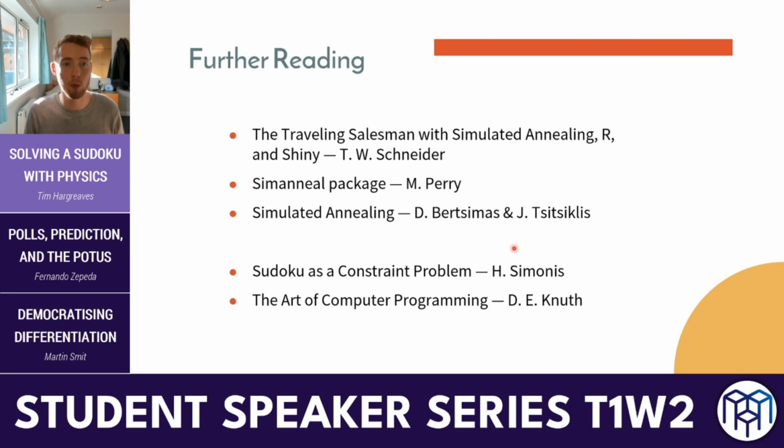Okay, so I will close off with some further reading you can look at. First is an example of solving the traveling salesman problem using simulated annealing in R with a Shiny dashboard to accompany it. There is a package for simulated annealing in Python. I implemented it manually, but if you want a package to get you kickstarted, you can have a look there. And there's also a very good research paper, Simulated Annealing, which gives the algorithmic details. I think it's in C++